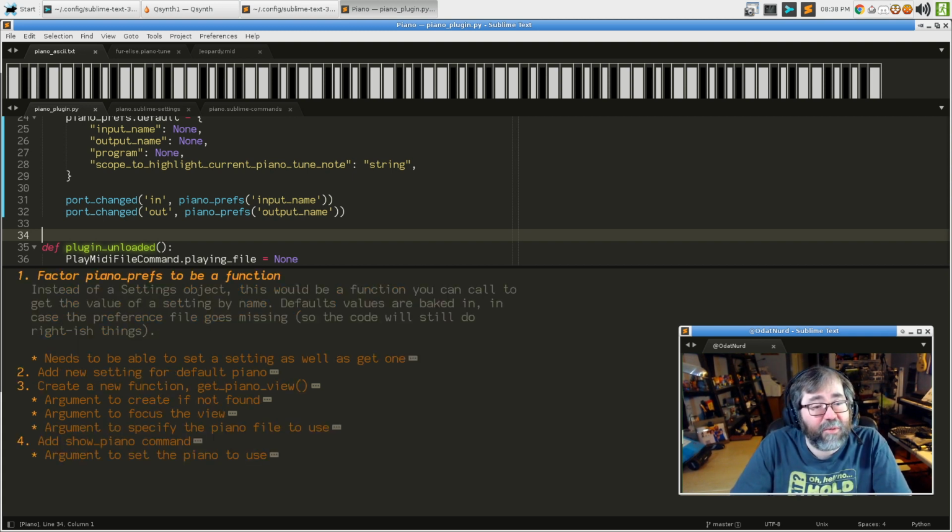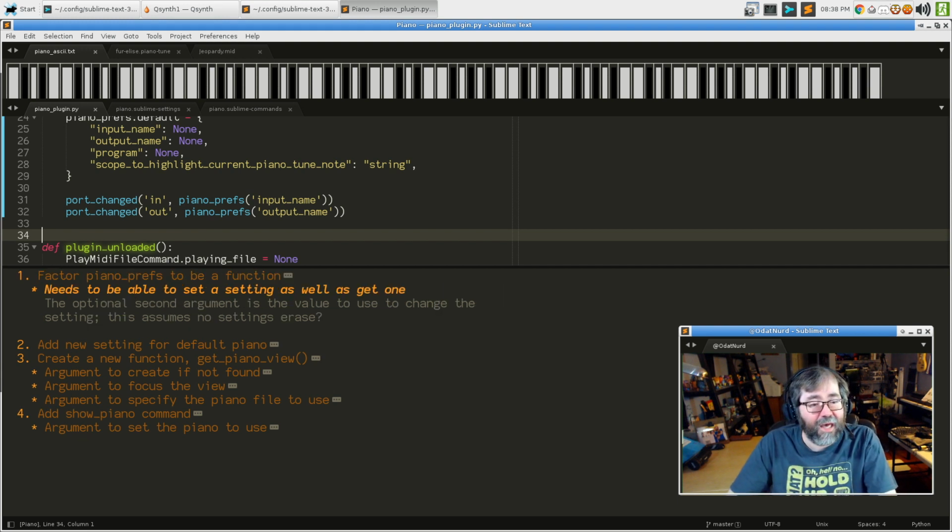Instead of a settings object, be a function you can call. Defaults are baked in case the preferences file goes missing. And this needs to be able to set a setting as well. So the optional second argument is the value to use to change the setting. This assumes no settings erase. And that's because the other